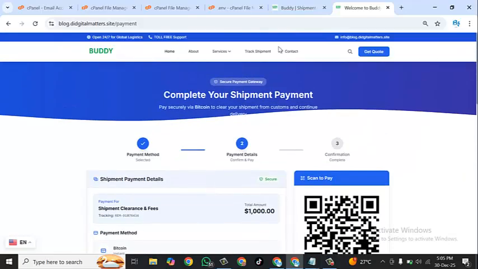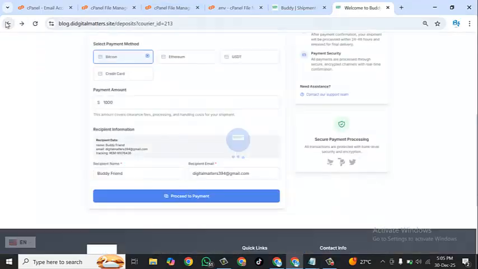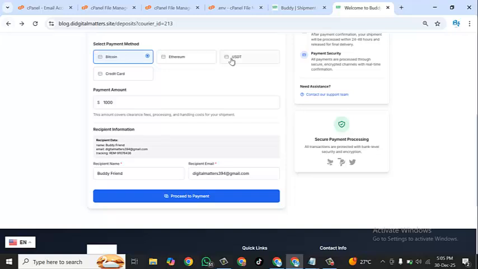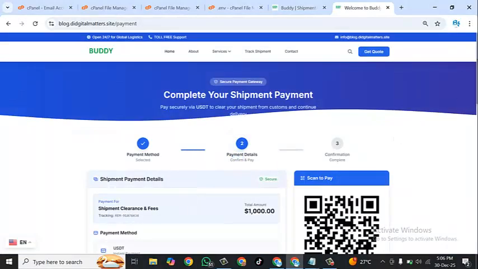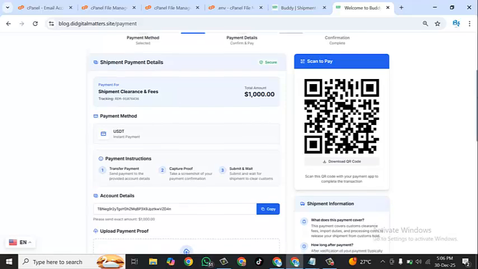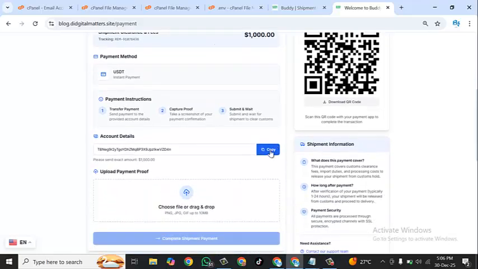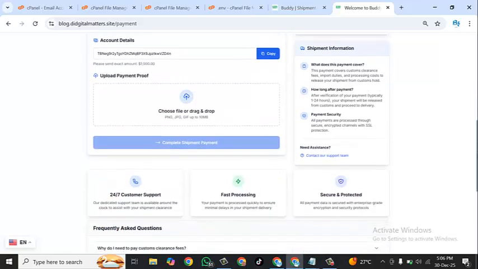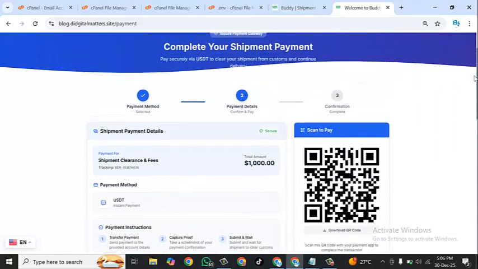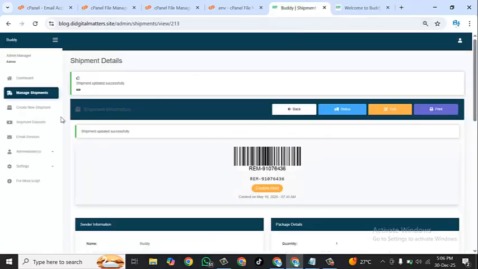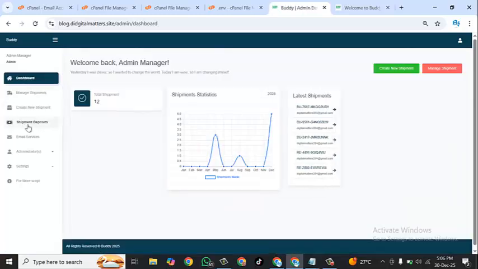So if they don't want to pay with Bitcoin, they can also pay with USDT. Okay, let's say USDT, proceed to payment. So USDT, proceed to payment, and this is the USDT wallet address, and this is also the QR code. That's just for that. So you can also change all those wallet addresses from the admin. For example, you can come back to the admin and say